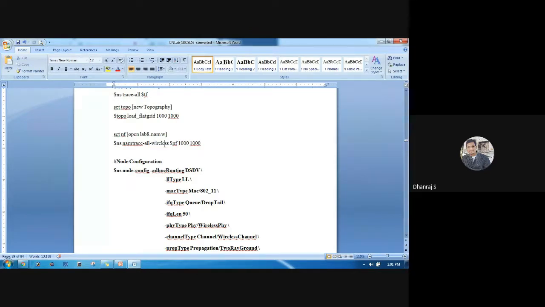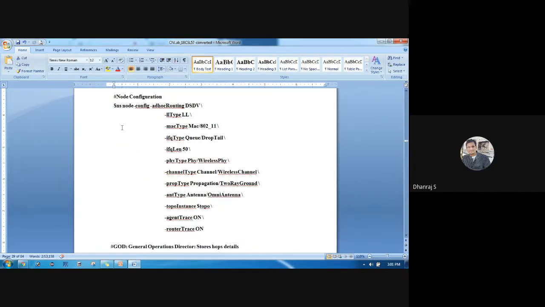In the previous programs we did not have this wireless keyword, but here, since we are simulating a simple ESS in the form of a wireless LAN, one more keyword has been introduced, that is wireless. It will trace all the events and the configuration which lie in this range, that is 1,000 into 1,000, the x-axis and the y-axis.